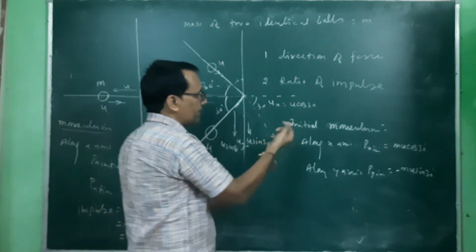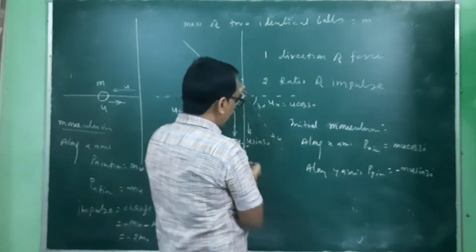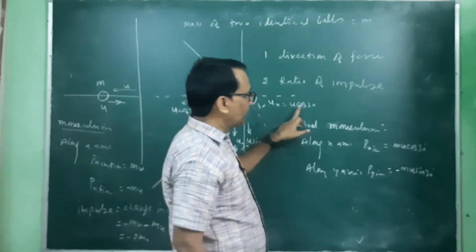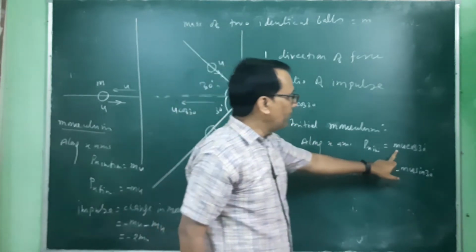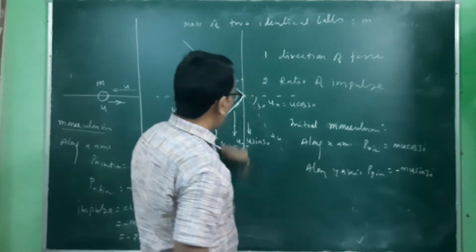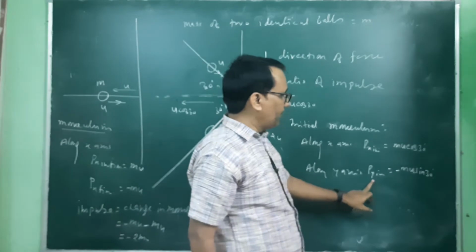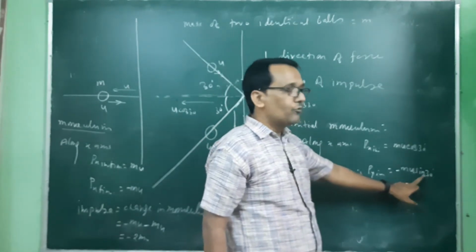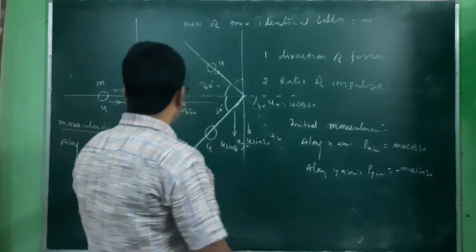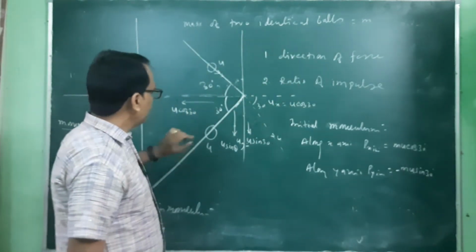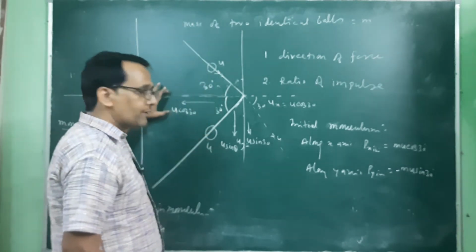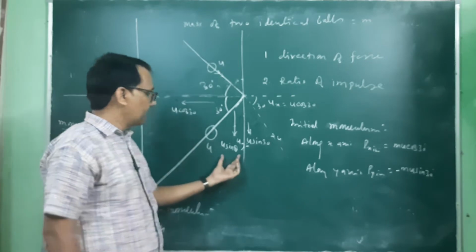So we are taking two components. This is the x component ux, and this is the y component, for the initial velocity. This component is u cos theta. So the initial momentum is m multiplied by the initial velocity, and along the y-axis the initial momentum is py initial, equal to minus mu sin theta, and the minus sign is because we are taking it in the negative y direction. The final velocity after striking is the same but the direction is 30. So the x component is u cos 30 and the y component is u sin 30.